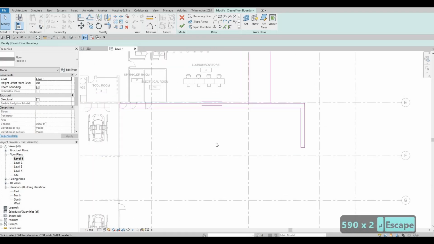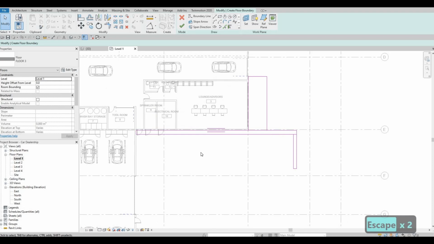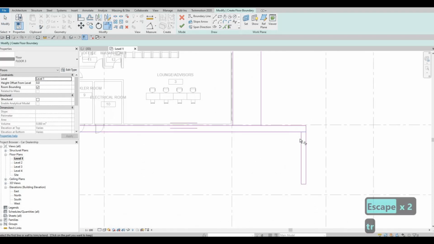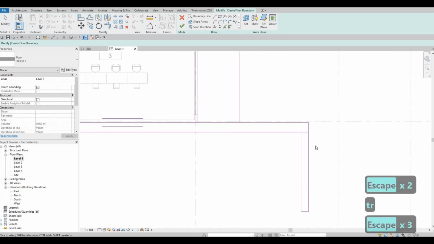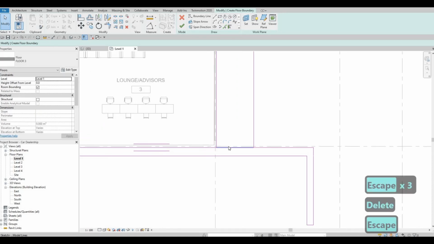So more than enough. And then we're going to add the others as well in front of here, but we're going to trim and extend first. So we're going to delete the ones that are overlapping,